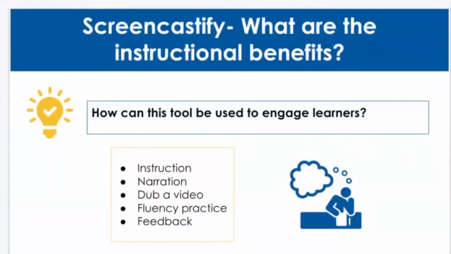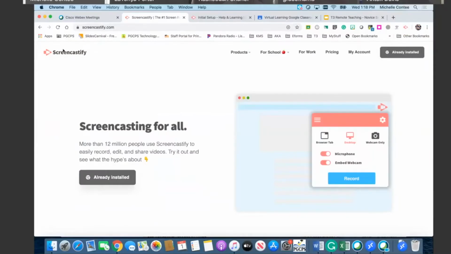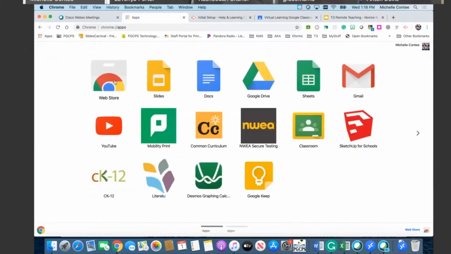All right. So when you download Screencastify, it is an extension. You can download it from screencastify.com or from the Chrome Play Store. So we can get it from screencastify.com. Because I already have Screencastify, you're going to see it's already installed on my computer. Or you can go to your apps, go to the Chrome Web Store,